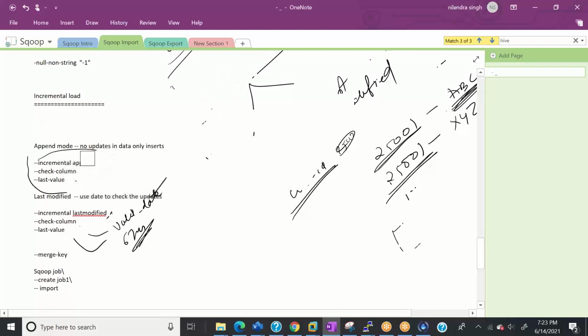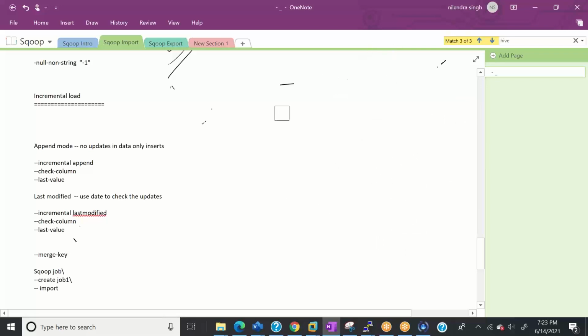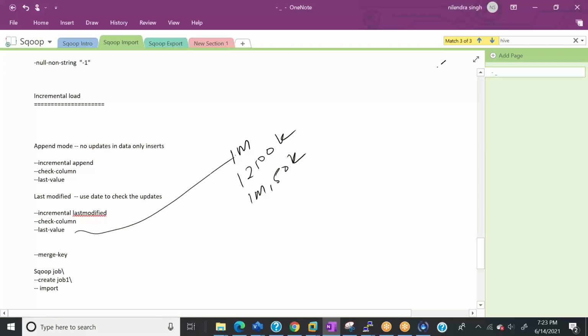Now one more question arises, and I'll cover everything in one go. Who is maintaining this last value? What is 1 million? What is 6th June? Every day, who is maintaining it? Is it a manual activity? For example, today is 1 million, tomorrow it's 1,025,000, after tomorrow it's 1,050,000. It can be maintained manually, right? One guy we can hire, he will update one file, but is it an industry-based solution?